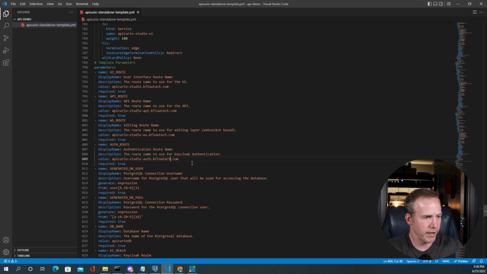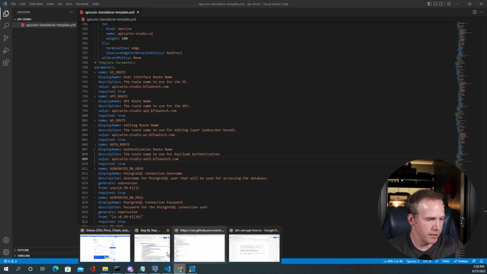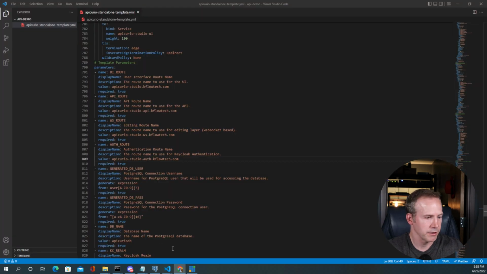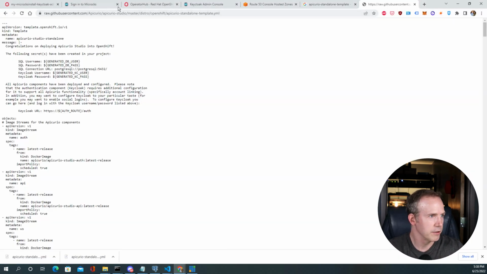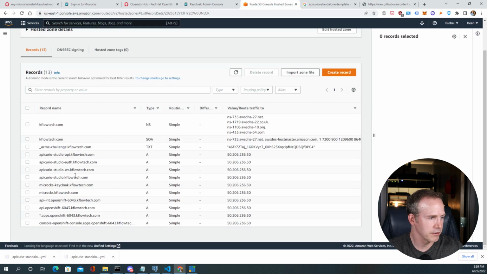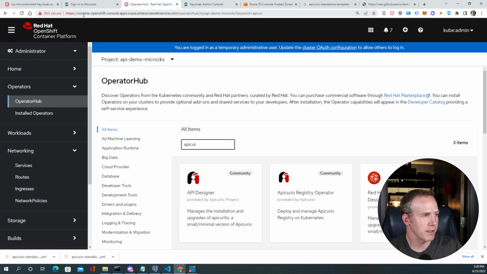Okay, once I have that, again, you'll want to go back to your Route 53, whatever your domain name is, and make sure that you have all of those Apicurio Studio domains. So I've got the Apicurio Studio-API subdomain in all of these. And again, they just point to my OpenShift cluster, and OpenShift takes care of the rest on how to route that to the correct container. And if we go back now,